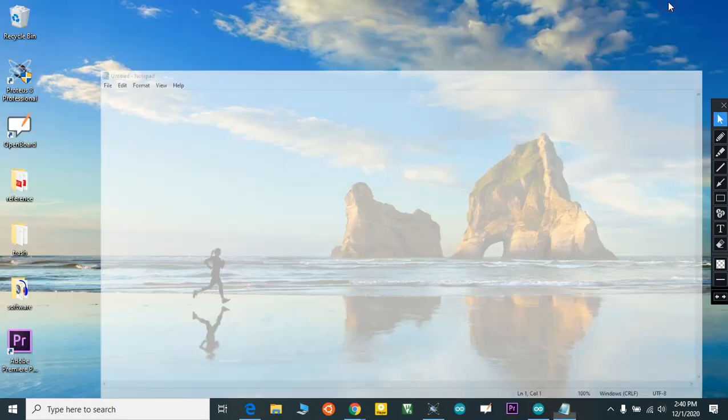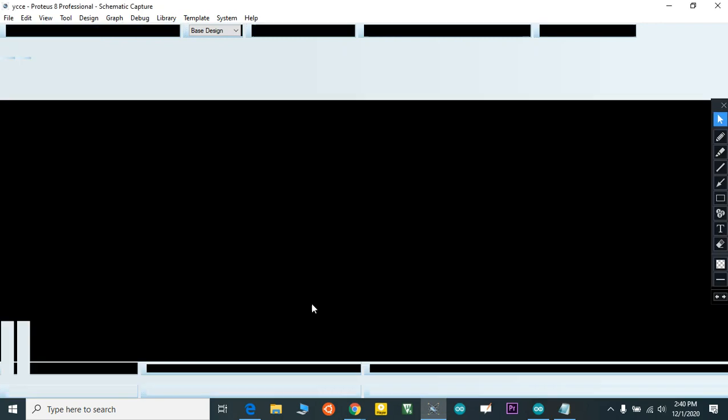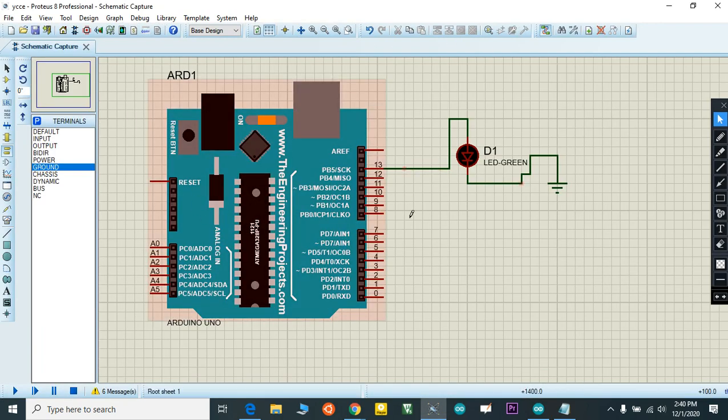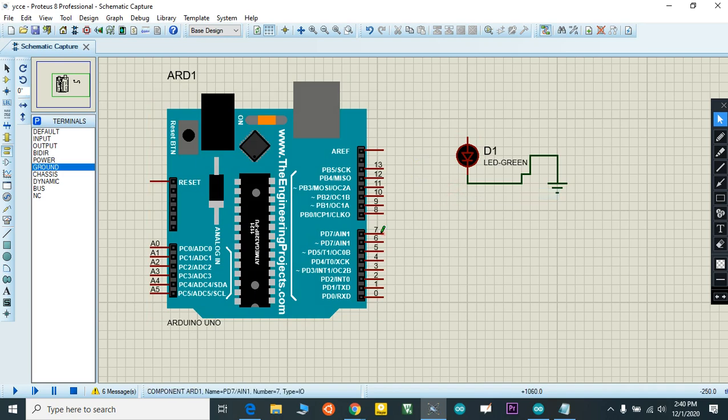As I told you before, first we need to set up our connection. You can see here I connected the Arduino. I just changed my LED pin to 7. So I first set up and fixed my connections.